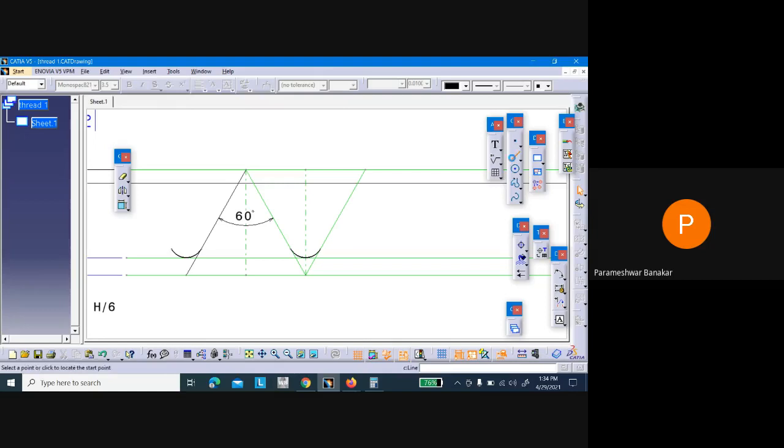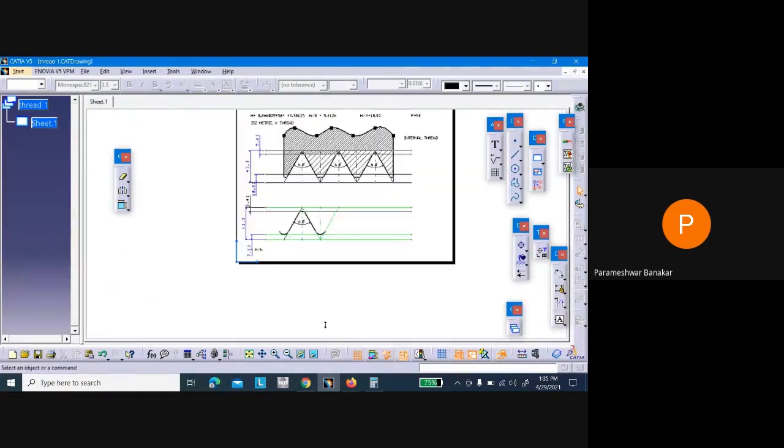Now we are supposed to give thicker thread dimensions. Select the line, come here, and from here onwards again you're supposed to join to this curve. Now this is created.